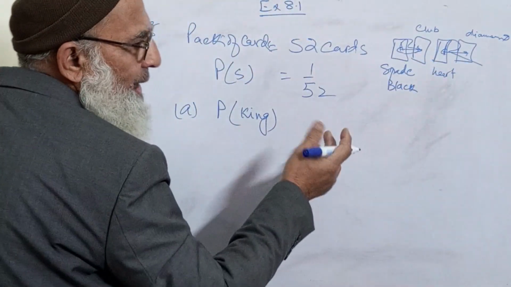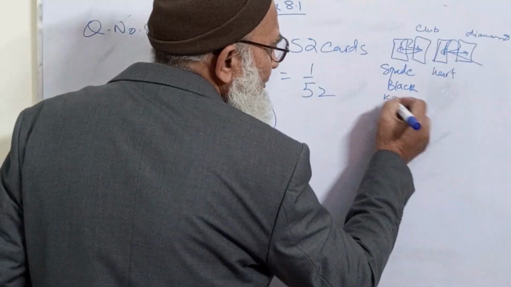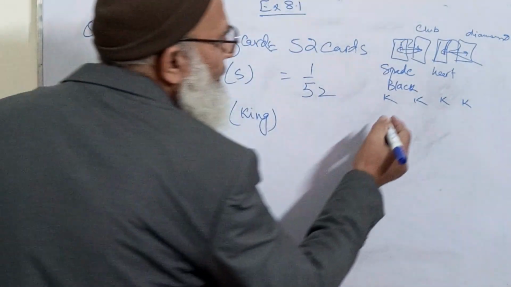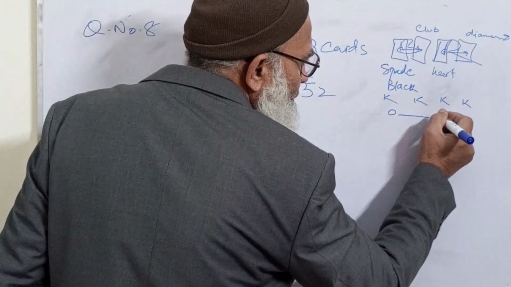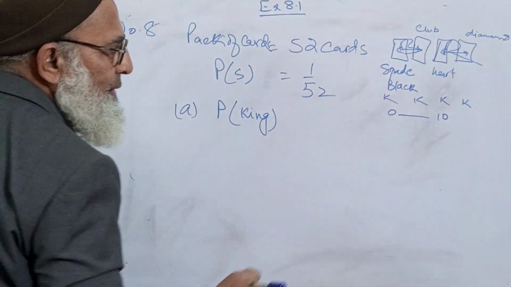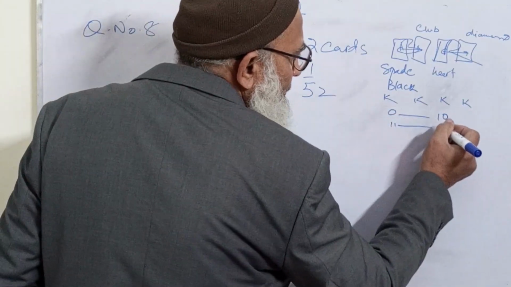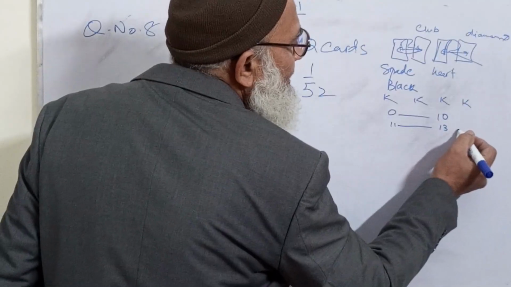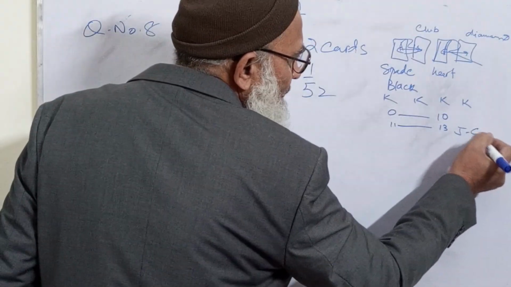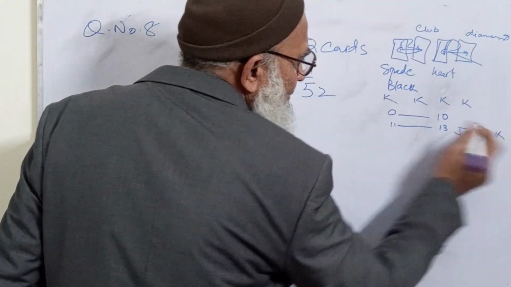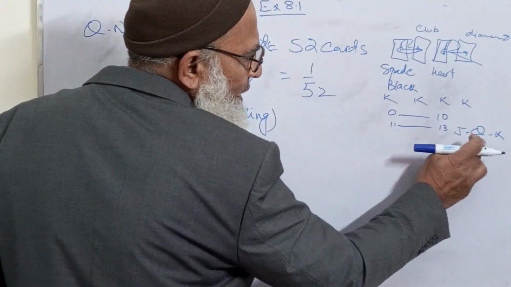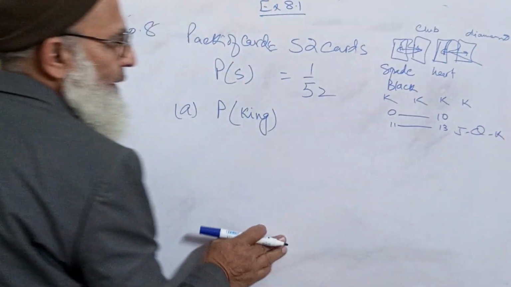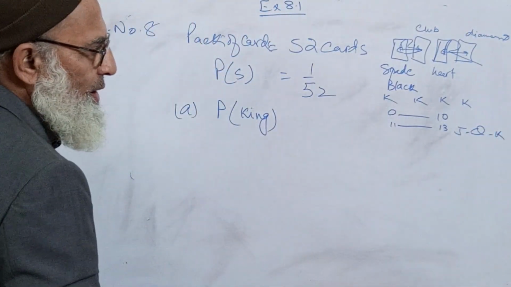Now each color has a king in its formation. The cards from 0 to 10 are the numerical cards, and from 11 to 13 are the pictorial cards: Jack, Queen, and King, which are 11, 12, 13. But what we are concerned with is that